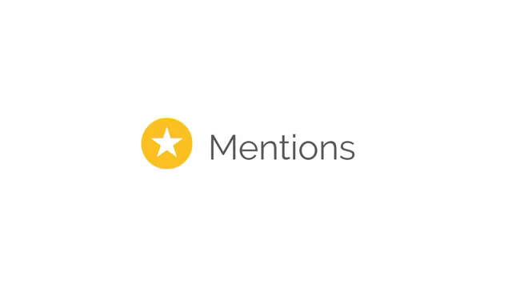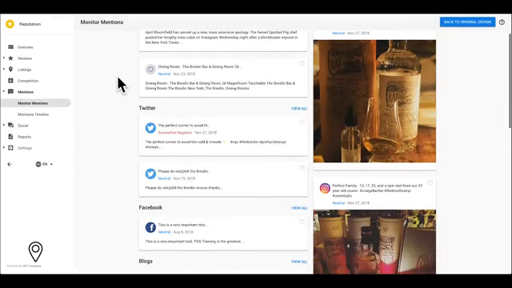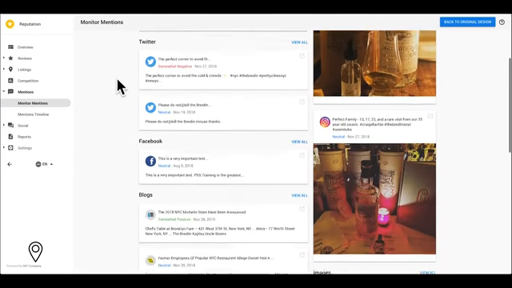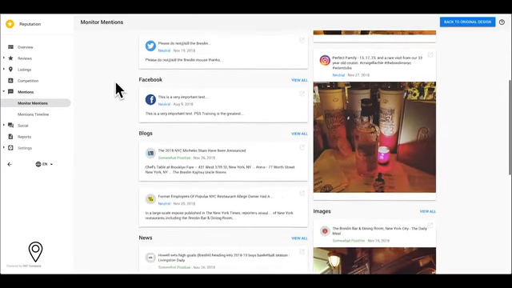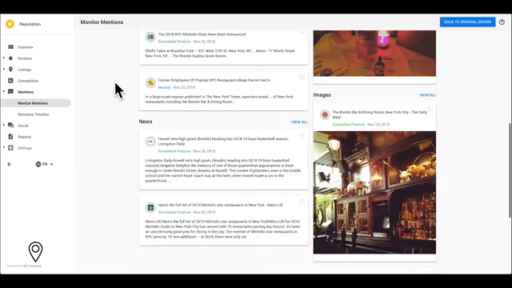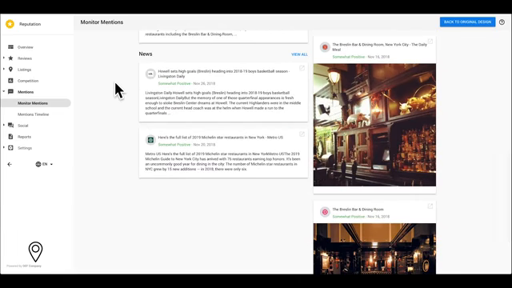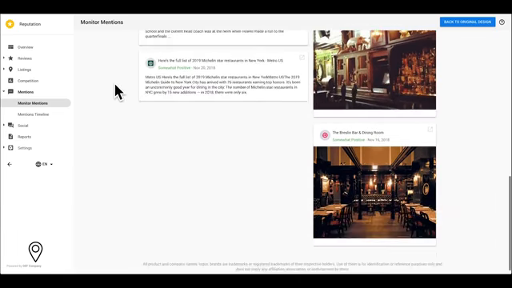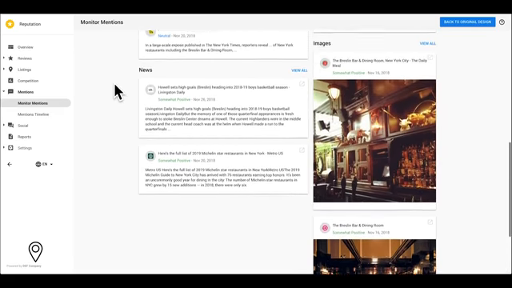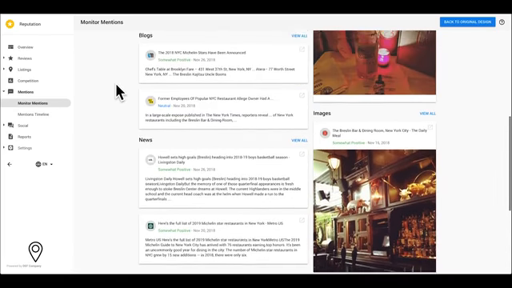Let's check out the Mentions tab. Many people express their opinions on websites, blogs, news articles, Twitter, Facebook, and Instagram. Wouldn't it be great to know what they're saying so you can manage your online reputation? With the Mentions tab, you can discover what people are saying about your business, positive or negative, and maintain your